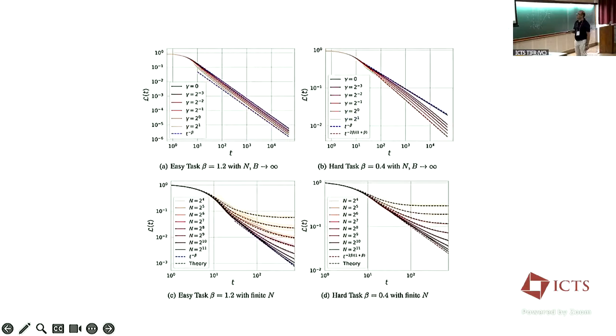There's a whole set of diagrams like this, but let me just show you some simulations. These simulations are exactly in the setting of the theory, so you want to see a match between the dashed lines and the solid lines, which are simulations of neural network models. For example, this is an easy task, meaning beta falls very fast, and we're looking at very large batch sizes and very large model sizes. So we should mostly be bottlenecked by the gradient steps.